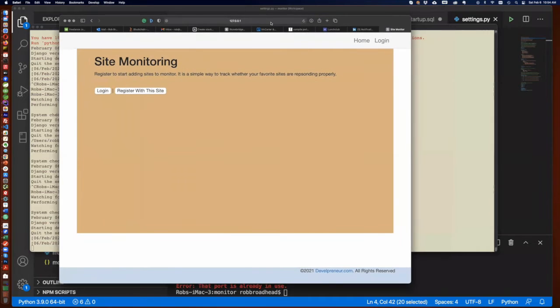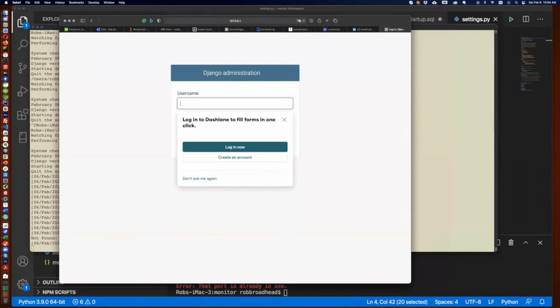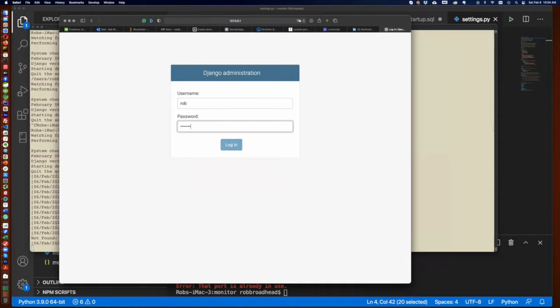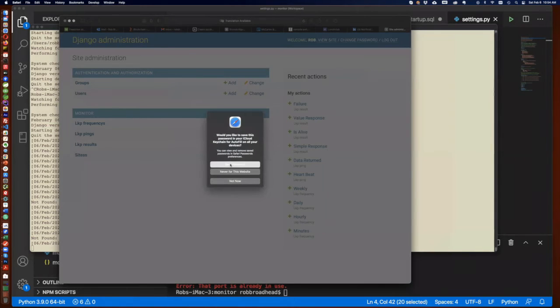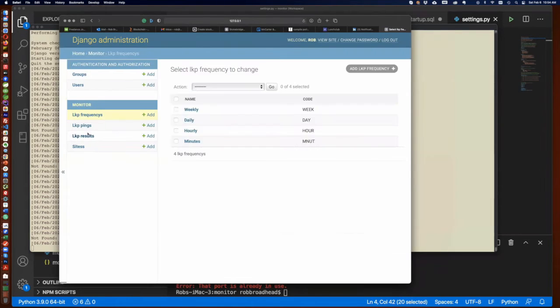Now my site is up and I want to actually flip over to the admin side. If you remember, because this is sort of somewhat for free, and I'll show that in a minute, because we built this, we can actually see our tables on the admin side. Groups and users is in there by default. Frequencies, I can see what the frequencies are that I've entered. I can look at ping types. I can look at result types. I can see some sites that I've already done. I can add those. So I can do all of this through the admin, but we're going to have a